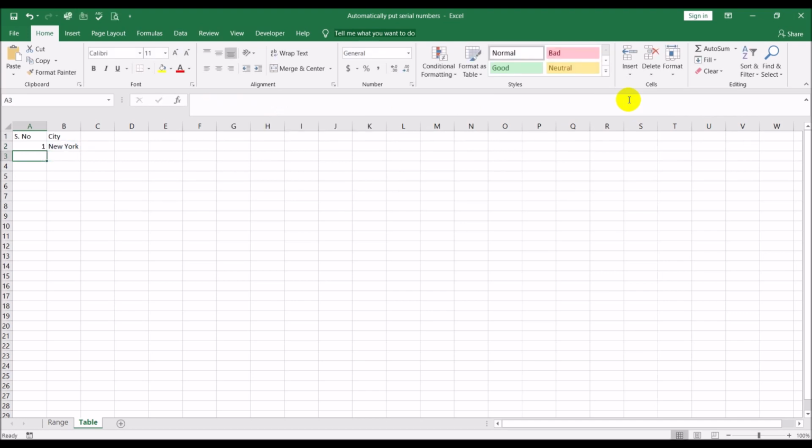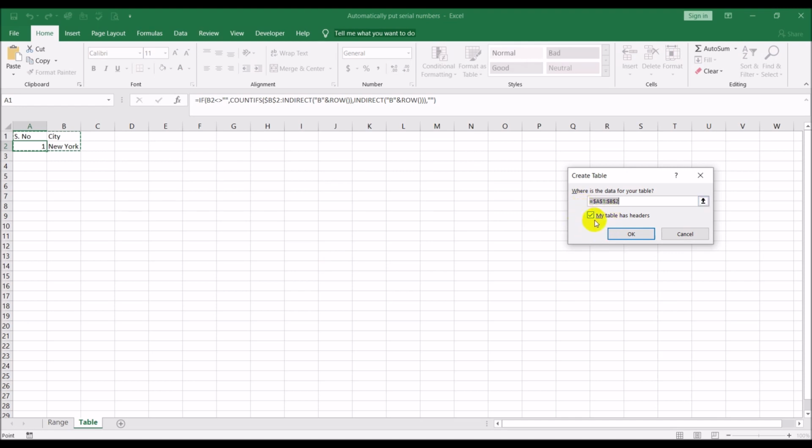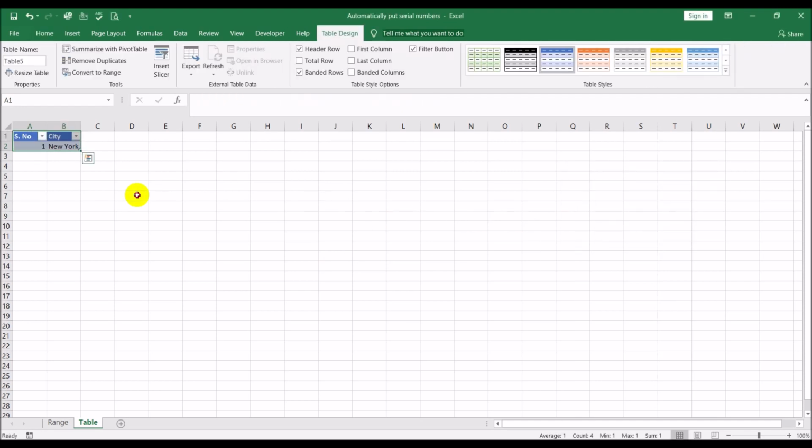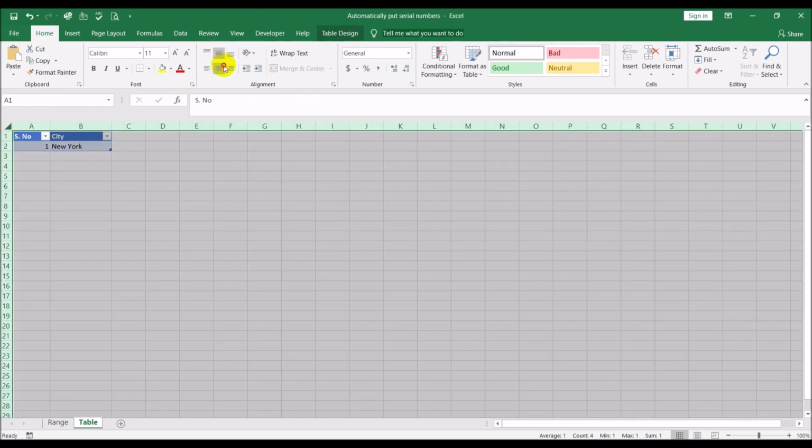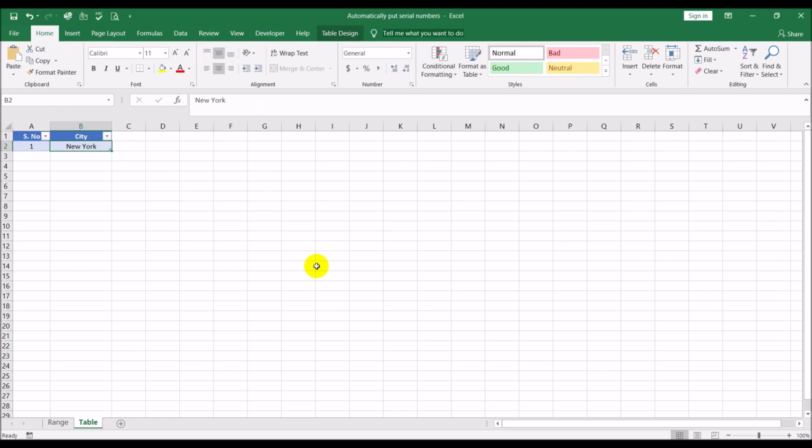There you go. Now what I'll do is make this into a table by hitting Control T. Make sure this is checked. There you go. Now because it's a table, when you want to insert another row, just go to the last cell and hit tab, and it will insert the new row for you and also bring down any formulas. So I'll click on this last cell, hit tab to go to this city column, and we will put in